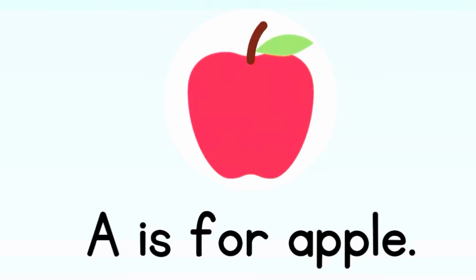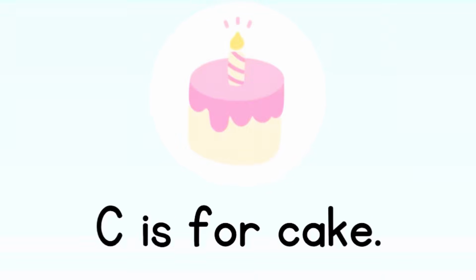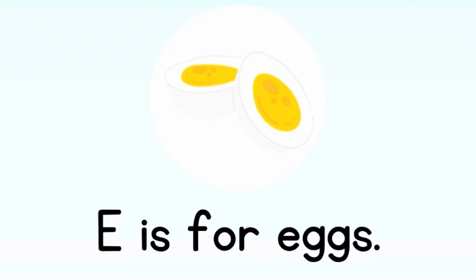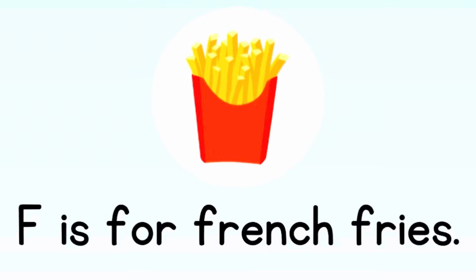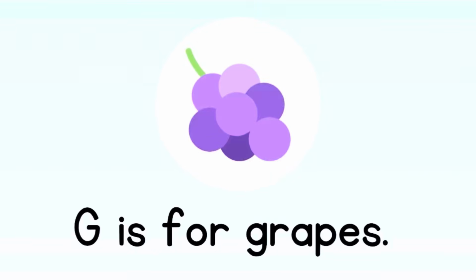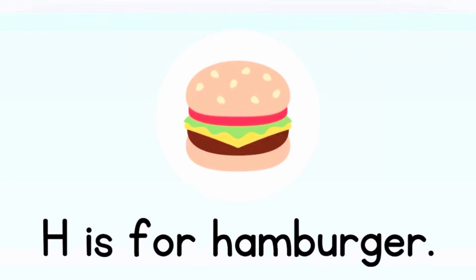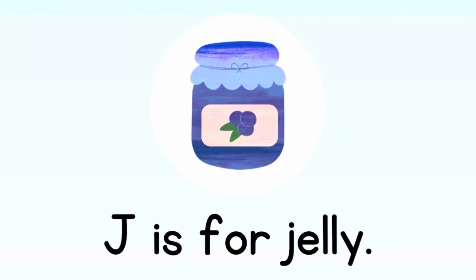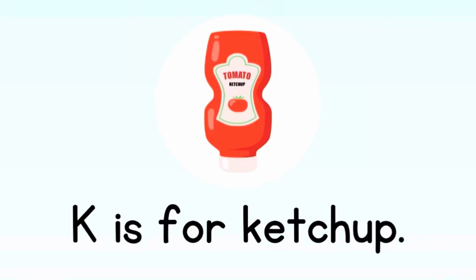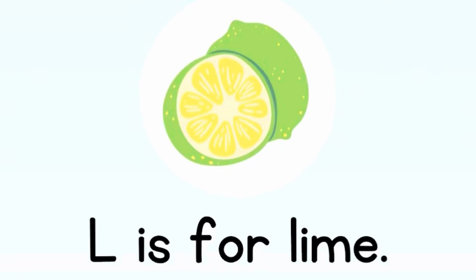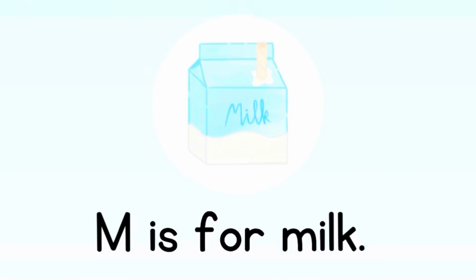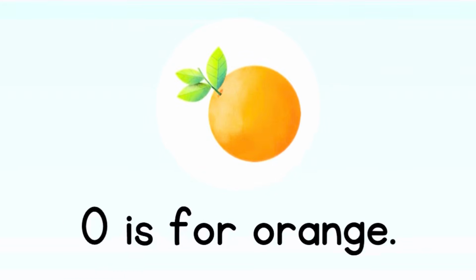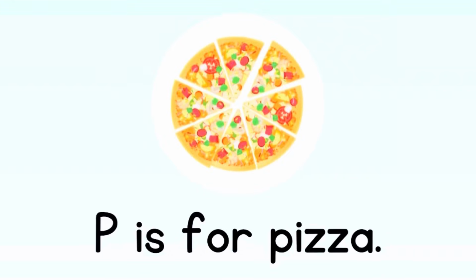A for apple, B for broccoli, C for cake, D for donut, E for eggs, F for french fries, G for grapes. H for hamburger, I for ice cream, J for jelly, K for ketchup, L for lime, M for milk, N for nuggets. O for orange, P for pizza, Q for